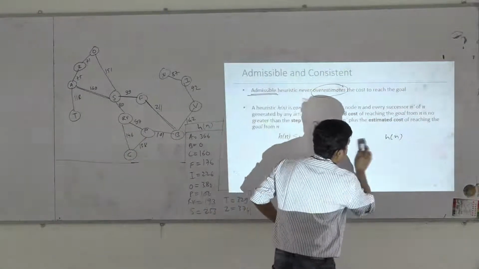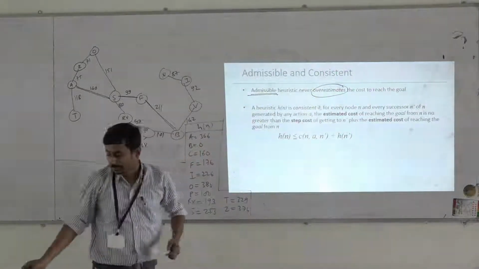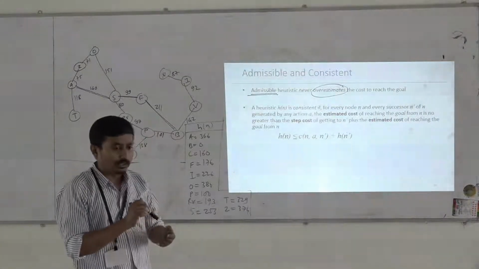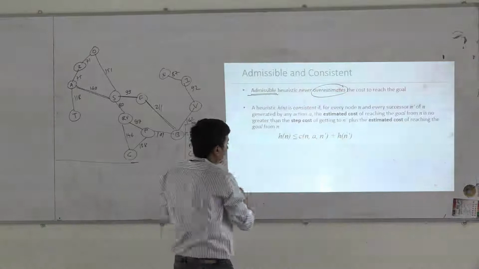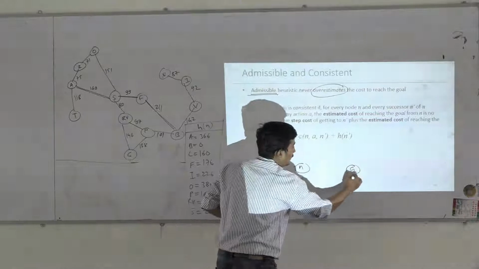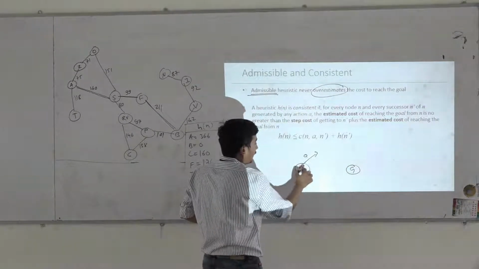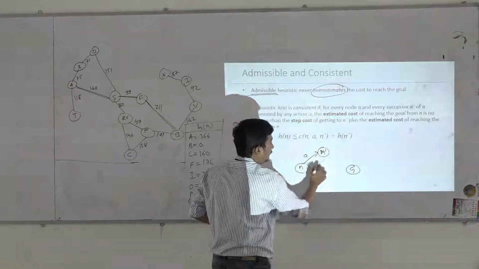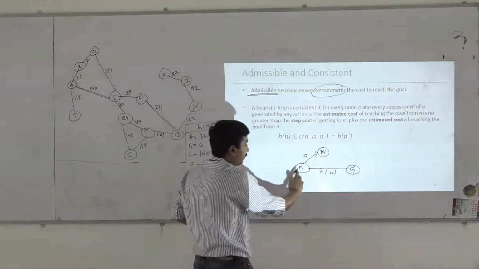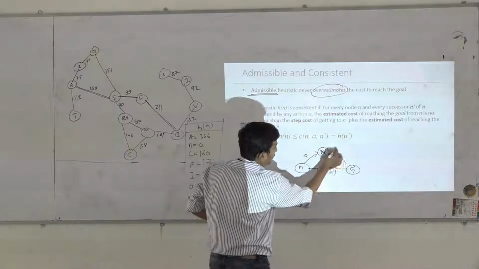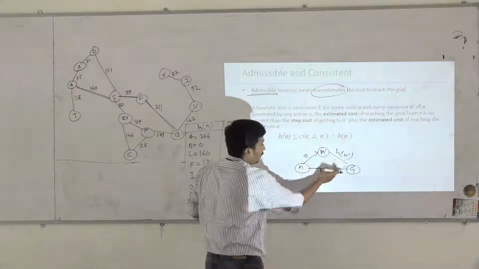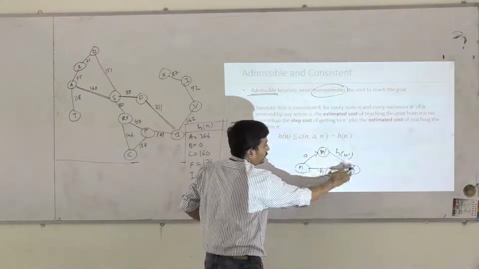Next one is consistency. We have seen that the graph version of A-star algorithm is optimal if it is consistent. In order to explain that, consider this one. We have node n. This is our G. If we apply action A on n, we are getting, let's say, n dash. Now this h of n will be the estimated cost from node n to G, and this will represent h of n dash, the estimated cost for going from n dash to G.